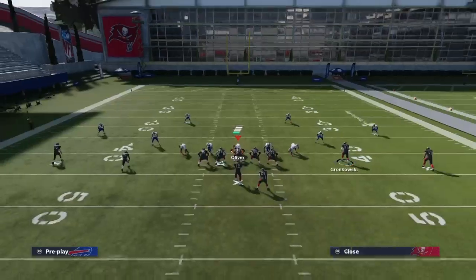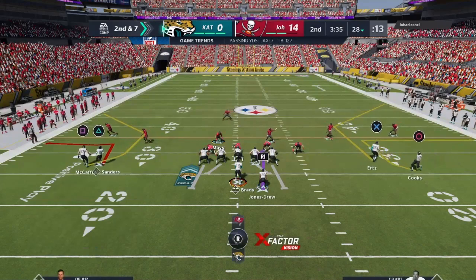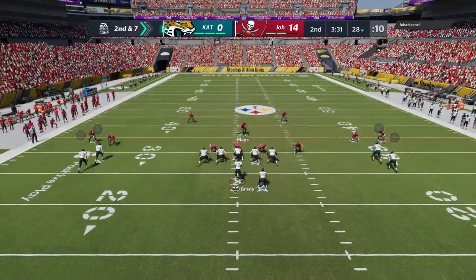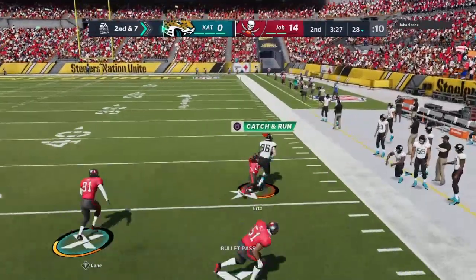Formation shifting. Pro Bowler Fletcher Cox there to get him down. A 3-yard pickup brings up 2nd and 7 at the 28-yard line. On 2nd and 7, Brady. And complete to...